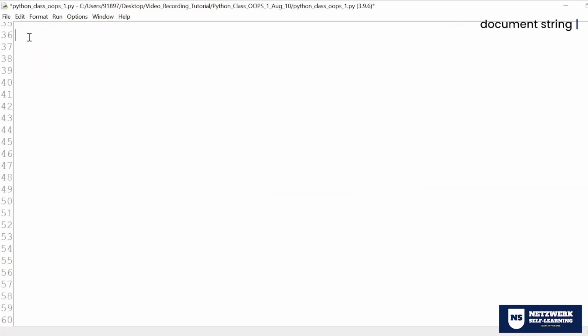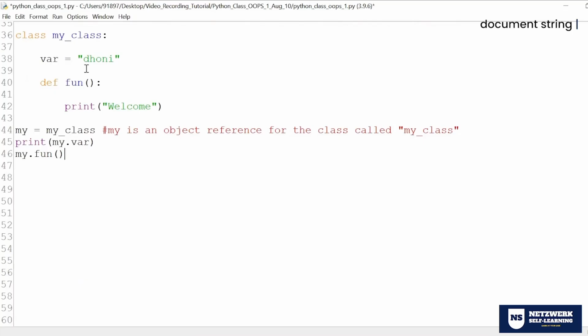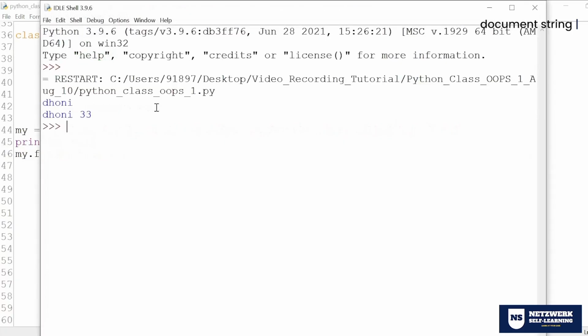Let me store it here. Now if this function takes some arguments, say name comma age, what I have to do is pass here Dhoni comma 33. You can use it here instead of welcome. You can use name, age. There you see it prints.